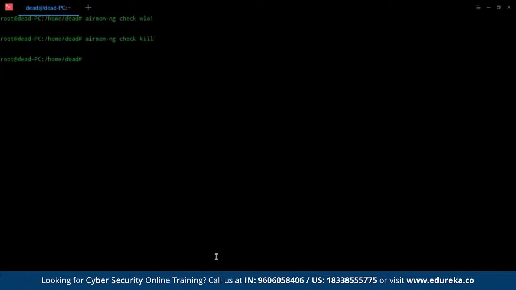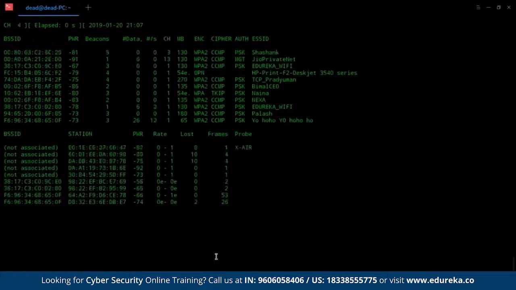Now, if you see any process named the network manager, you want to kill that process first separately and then kill any other child processes. You may need to run this command a few times before all the processes are killed, and then you're good to go. Okay, now that we have finished killing all the sub-processes, what we want to do is run an airodump scan on the network card, that is wlo1. For this, we go airodump-ng, and then we put in the name of the interface. And this will start up a scan that will look something like this.